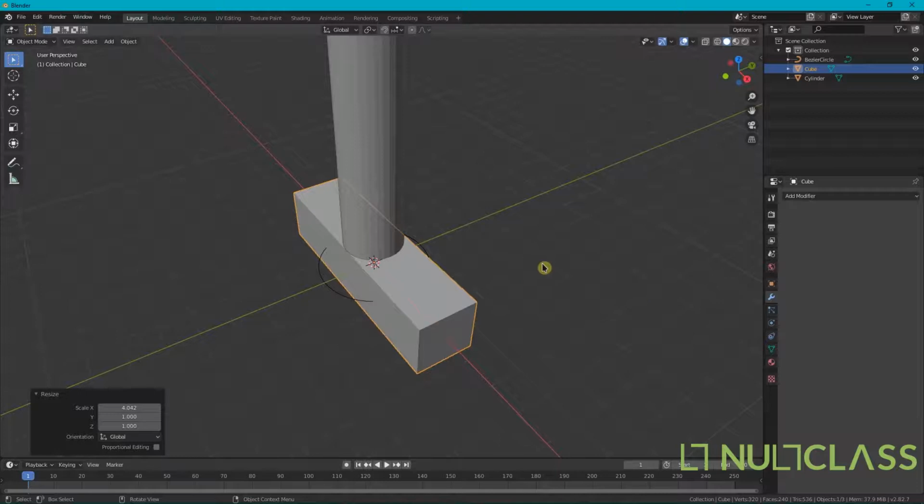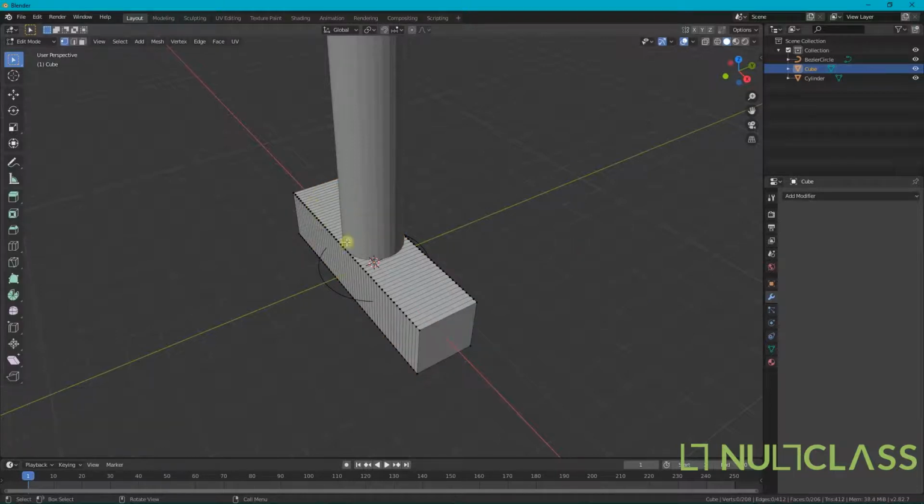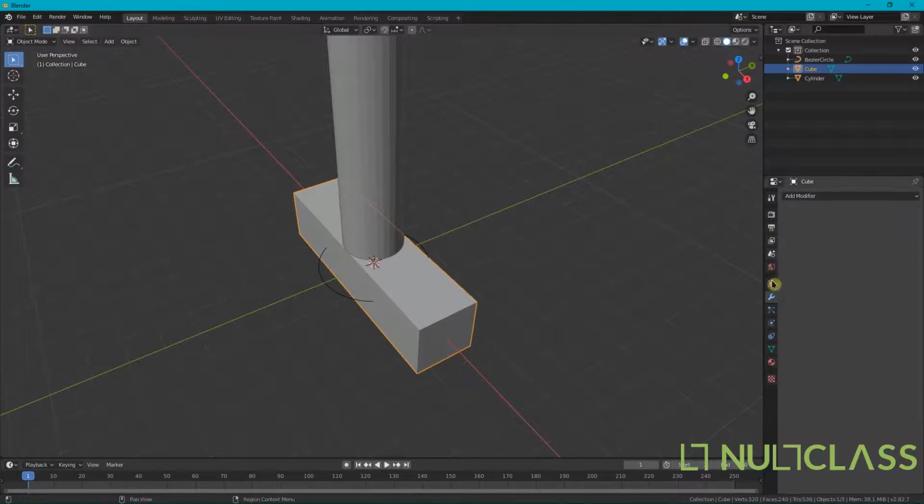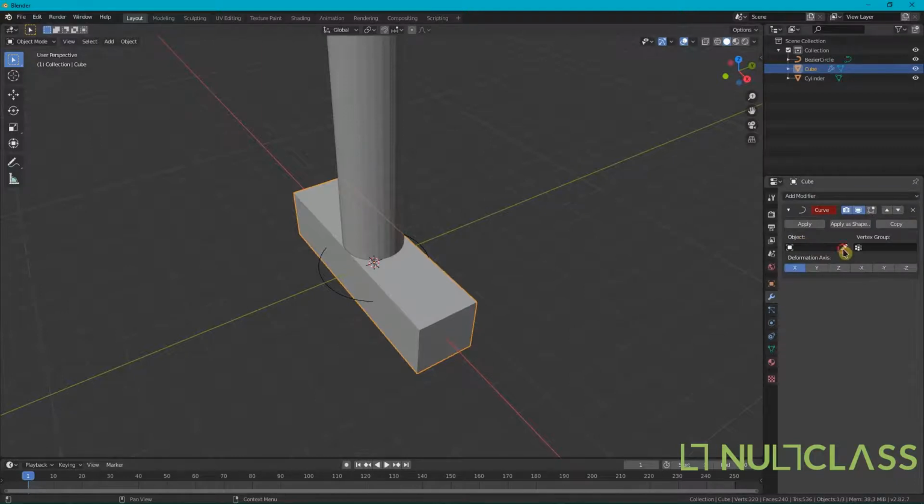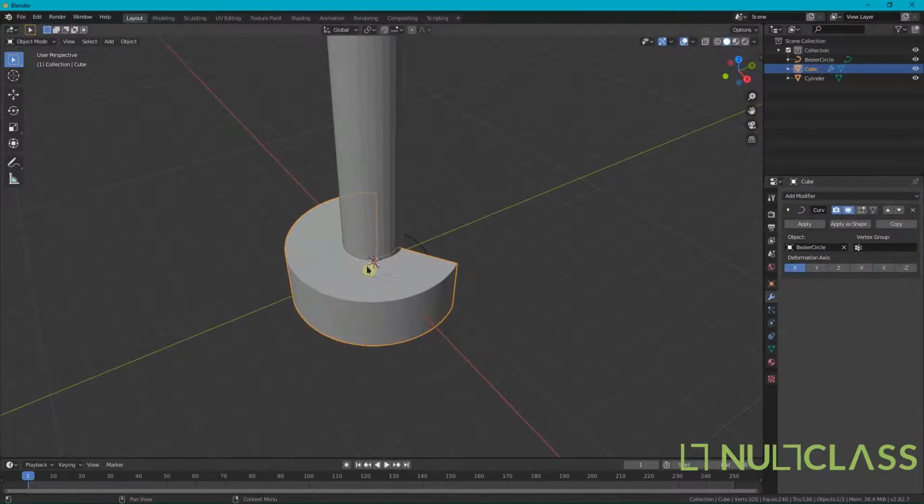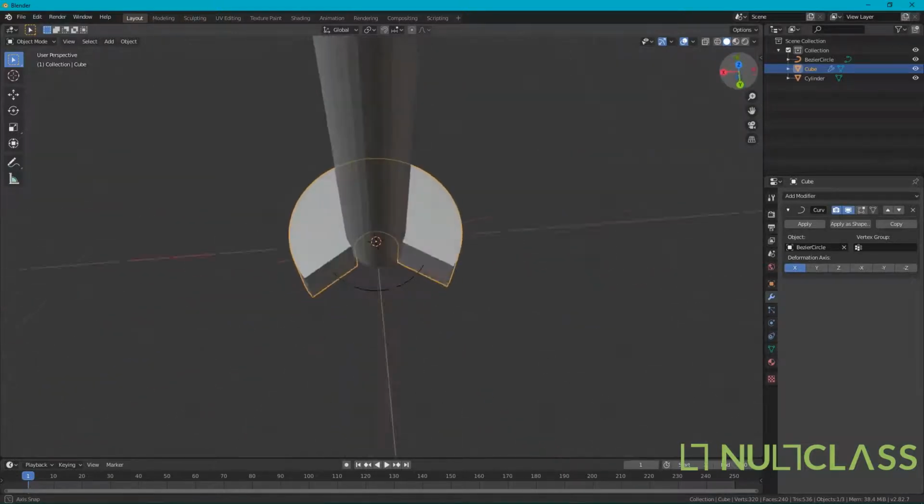Yeah. So now if you see it here, it is fine. Now we'll go ahead and add that modifier. So add modifier, deform, then curve. Let's select our object, Bezier circle here. Now you can see that our cube is curved around,